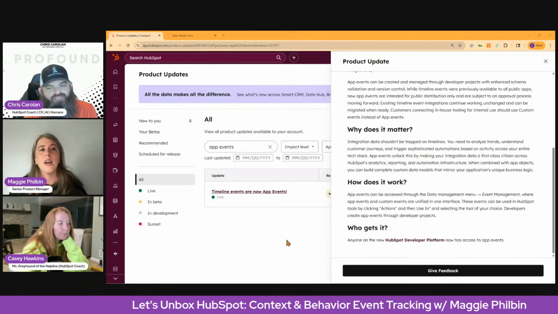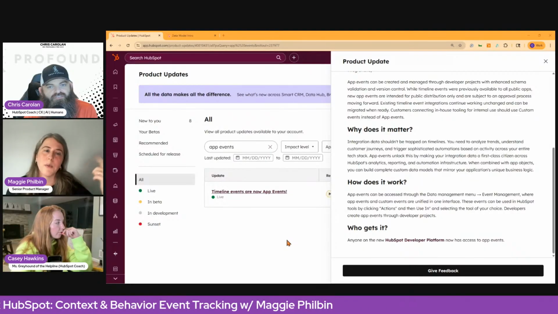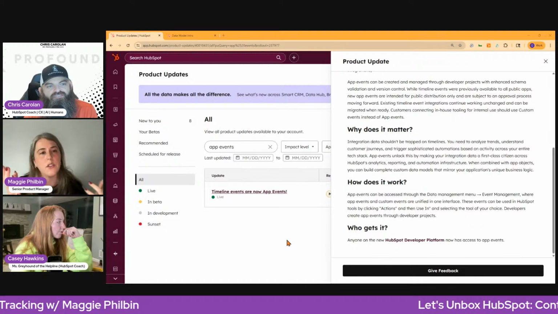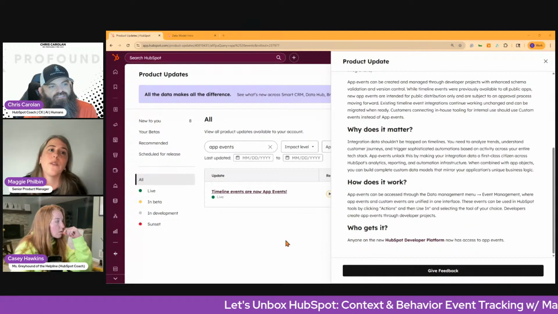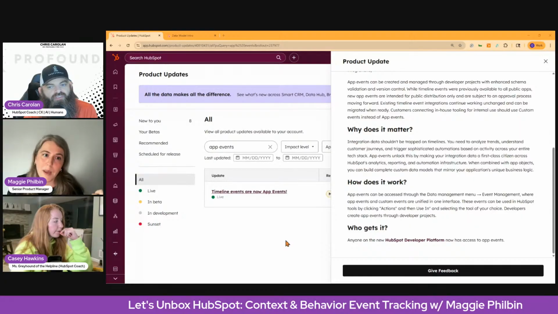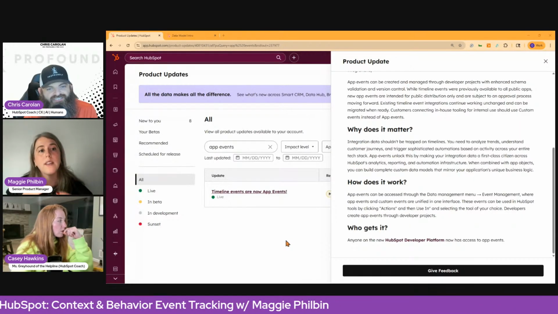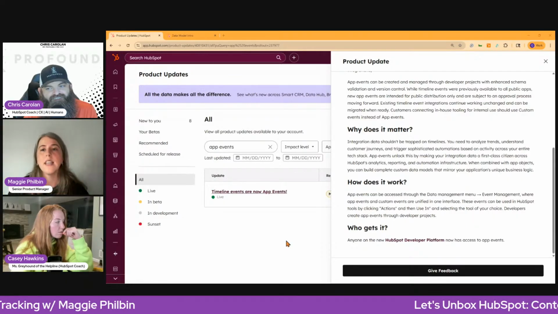So you can use them in segments. You have updated support in workflows. You could always use them in workflows, but it was very selective. Now they're available in branching logic. There's just more you can do with them there. They have their own index page. So you might have noticed custom events is gone from the main menu. It's because we renamed it event management and they're all in one place. So all of your external behavioral data sits in one central place.